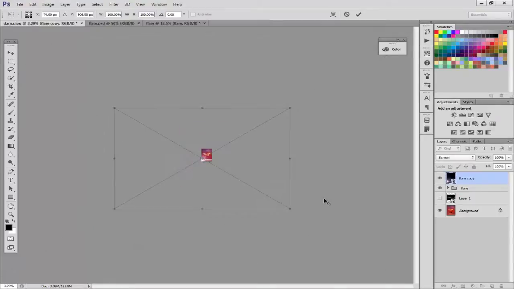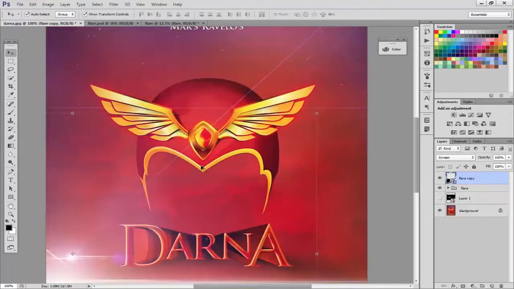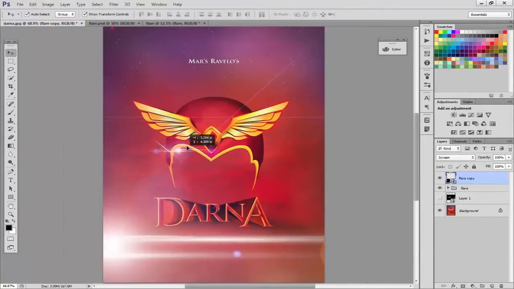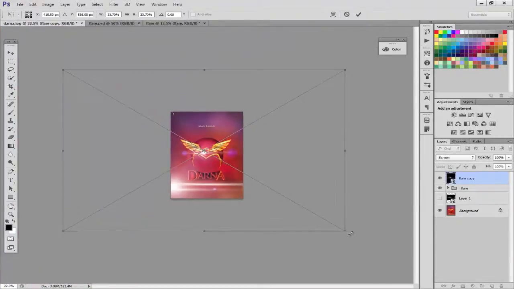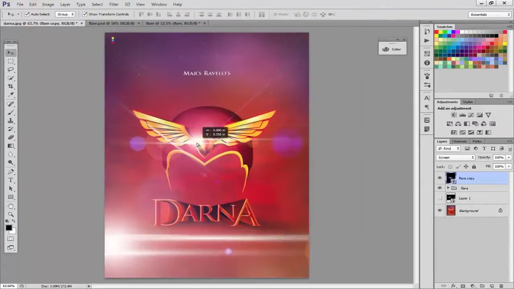So, pansin nyo malaki kasi it's a high resolution lens flare. So, this one. And now, I can drag it here sa may ilaw niya. And there. So, pwede ko pang actually lakihan siya. Masyadong maliit. Oops. So there. Alright. So, as you can see, you can achieve an effect of a lens flare by just using